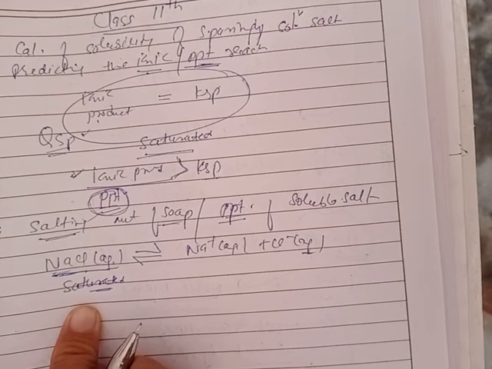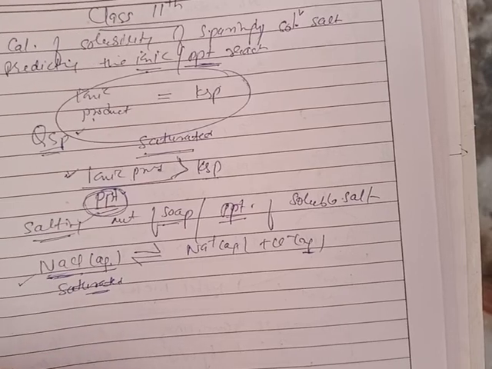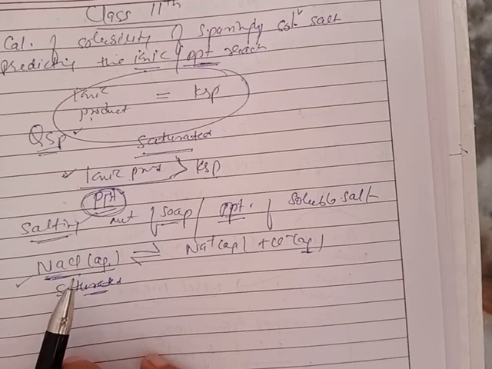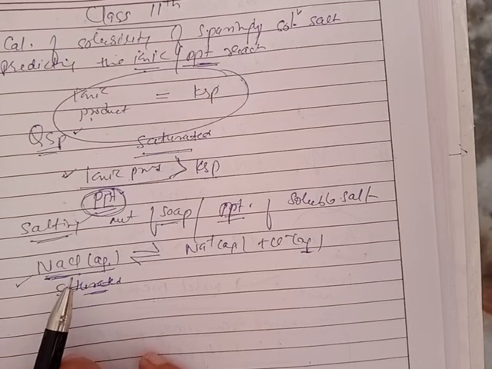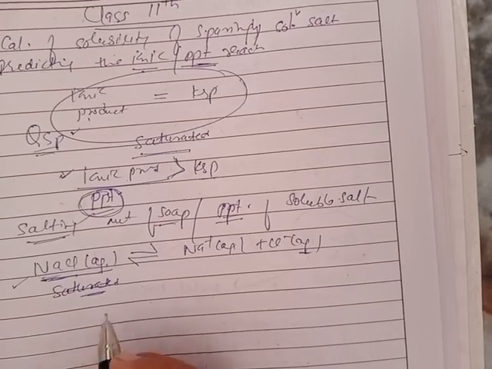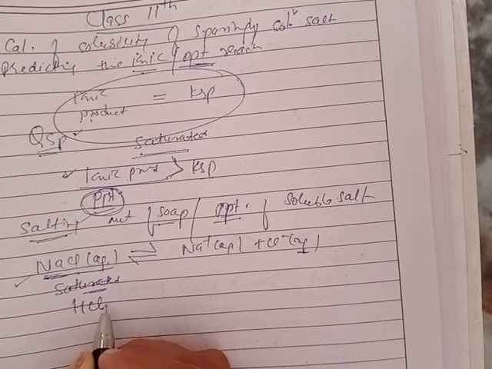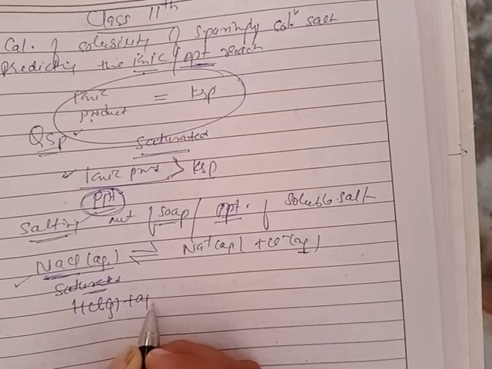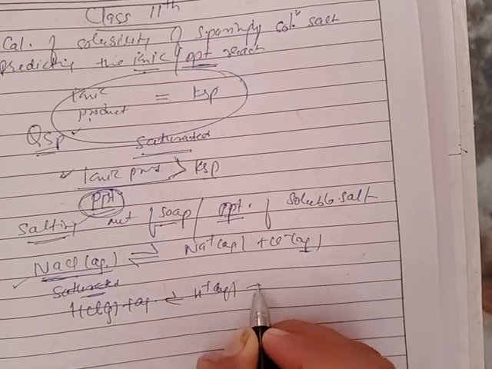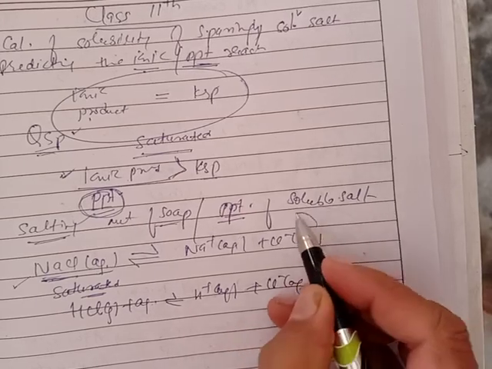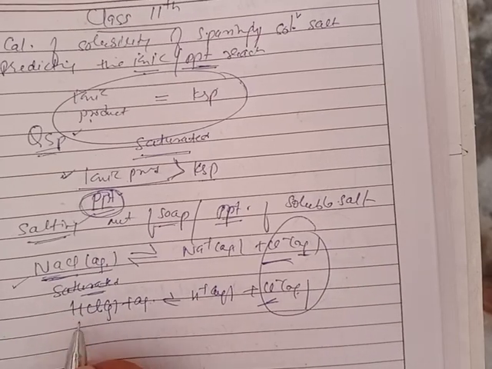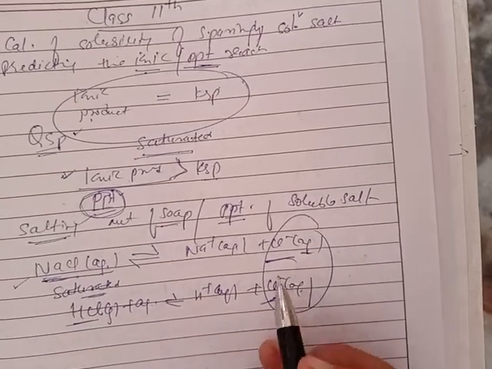Now by filtration we can remove the insoluble impurities present in it, but the solution still consists of soluble impurities, so the remaining salt solution is said to be saturated. When an electrolyte such as HCl gas is passed through the aqueous solution, it will produce H+ aqueous and Cl- aqueous. Now the solution consists of common ions. When HCl gas is passed, it acts as an electrolyte having a common ion with the given salt.